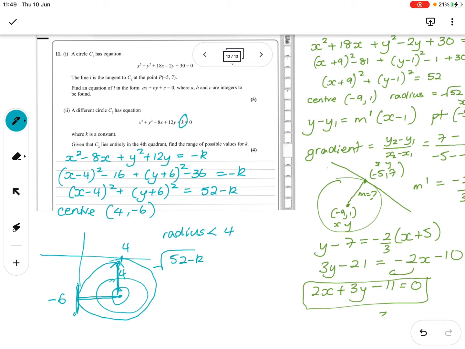So that means the square root of 52 minus k has got to be less than 4. So 52 minus k has got to be less than 16. So 52 minus 16 has got to be less than k. So 36 is less than k. Okay, so 52 minus 36 would give us 16. So k can be: 36 is less than k is less than 52, because if it was 52, the radius would be 0, and that would mean it would be a point. So it's got to lie